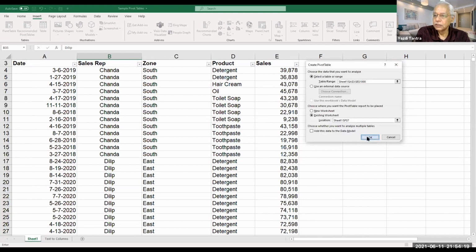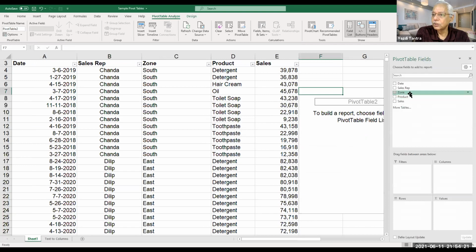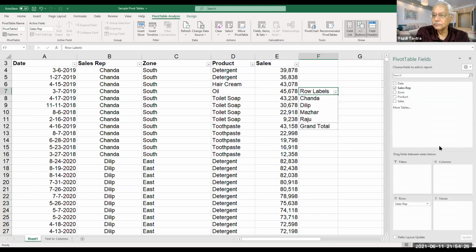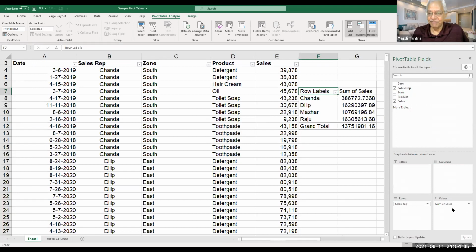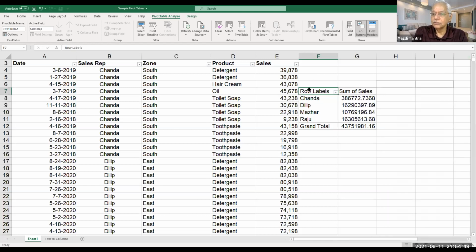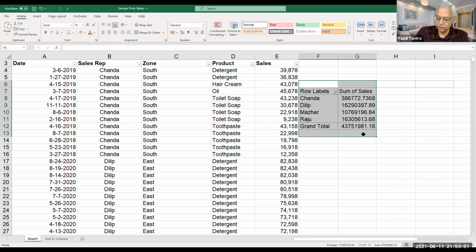Okay, so now you can do all that other jazzy stuff, sales rep wise and all that, in this current table only, just next to your original data. So you can have it in the same table, you can go to a different sheet. Because if you go to a different sheet, you will get a little more space so you can see what is happening. But otherwise it is very simple. Close this, I'll just delete all this.